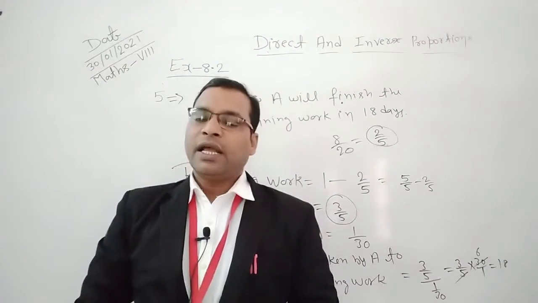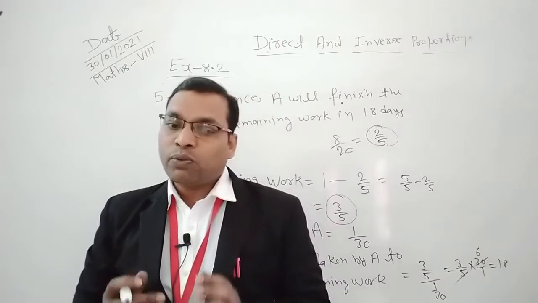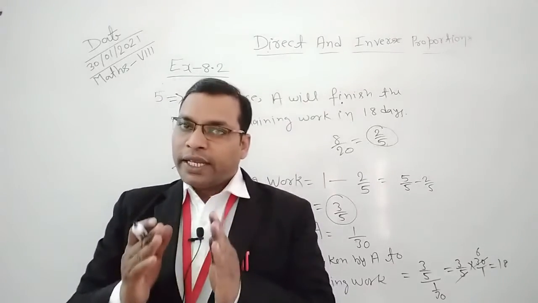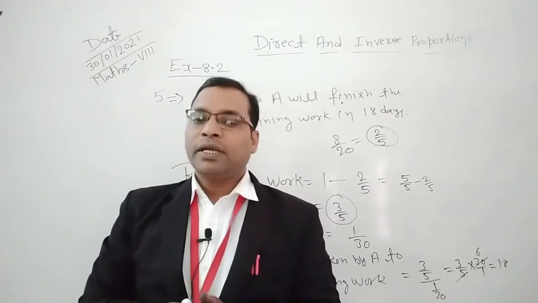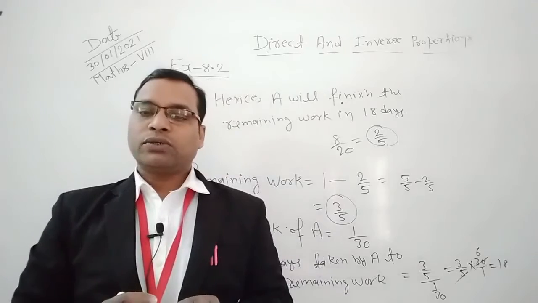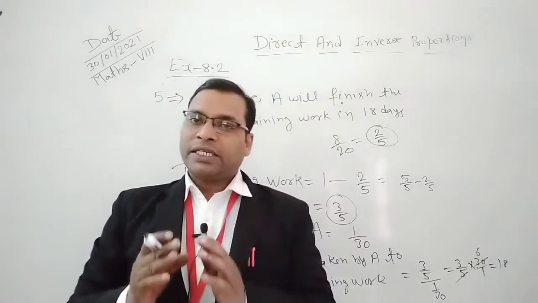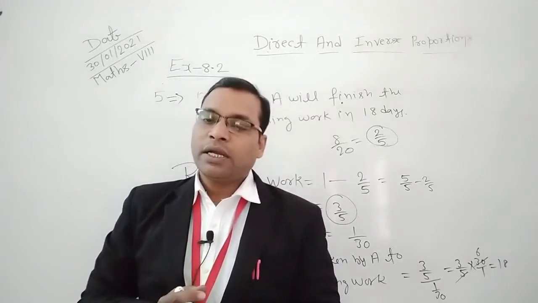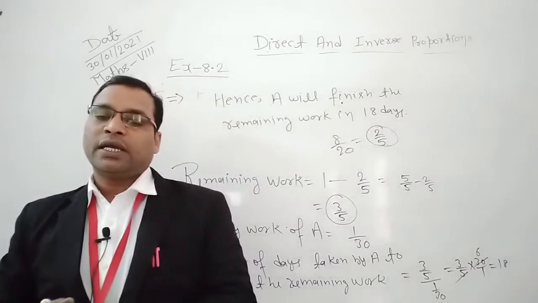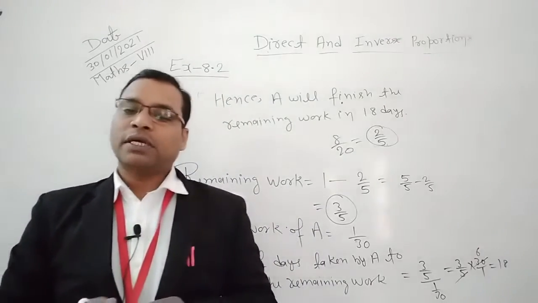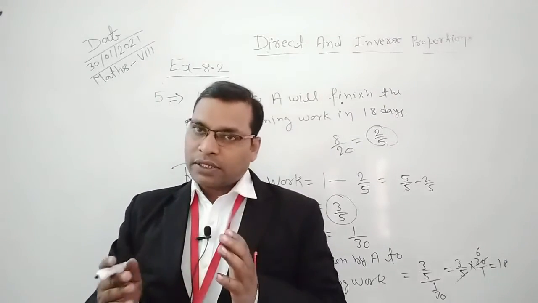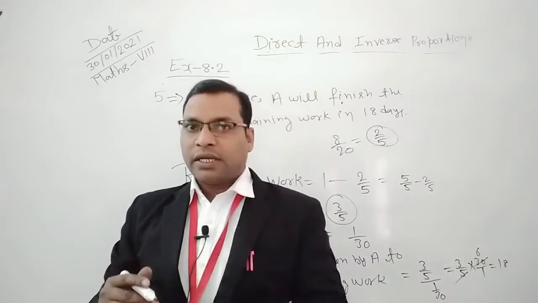This is clear. And again we find the 1 day work of A and B together. So we add 1 upon 10 plus 1 upon 15 and we get 2 by 3. This is equal to 1 by 6, the 1 day work of A and B together. And after this we find the 4 day work of A and B together, and what is the remaining work? Everything we find in these